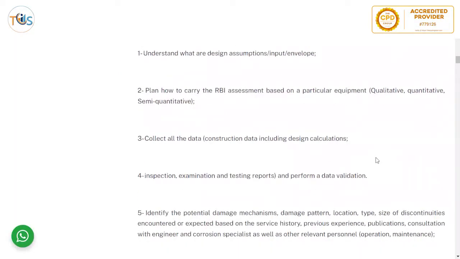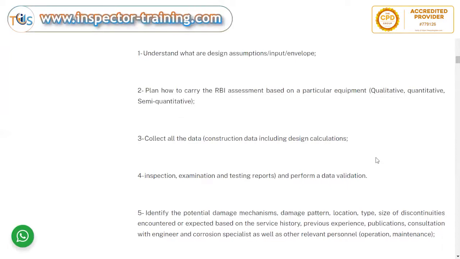Understand what the design assumptions, input, and envelope are, and plan how to carry out the RBI assessment for a particular piece of equipment. Are you going to do a qualitative, quantitative, or semi-quantitative assessment? Semi-quantitative is the most popular one